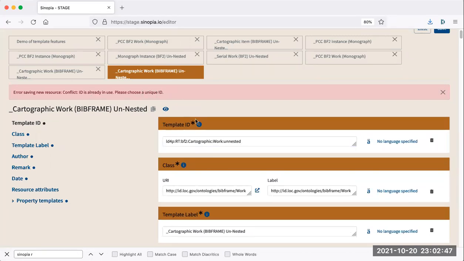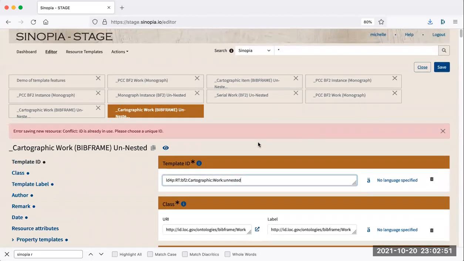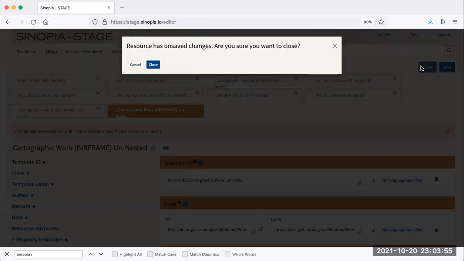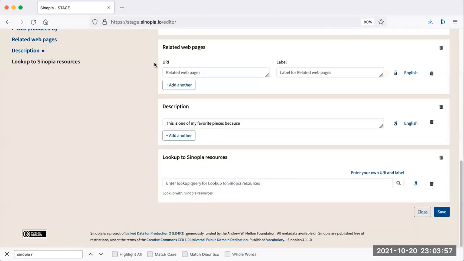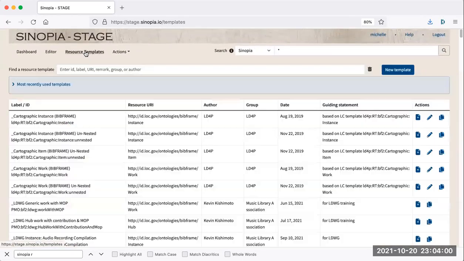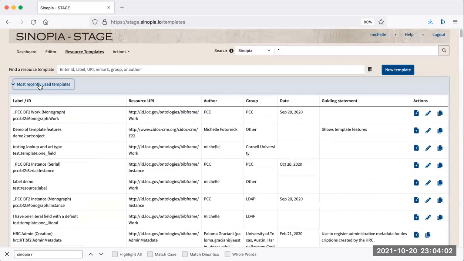So you get a warning, but now you can try again with creating a unique ID here. I'll just close this without saving and go on to the next feature,